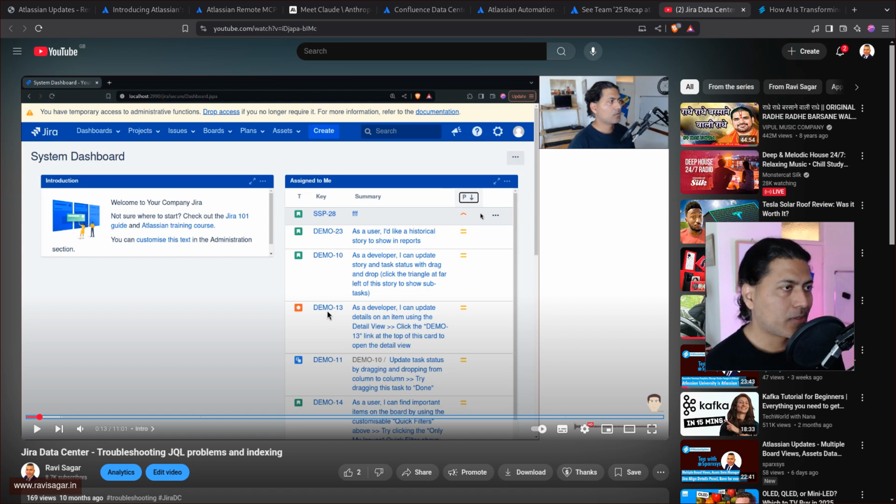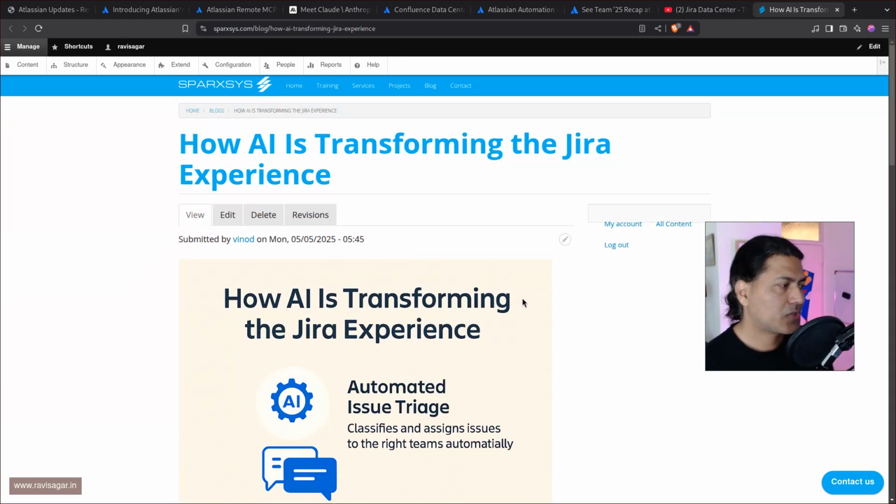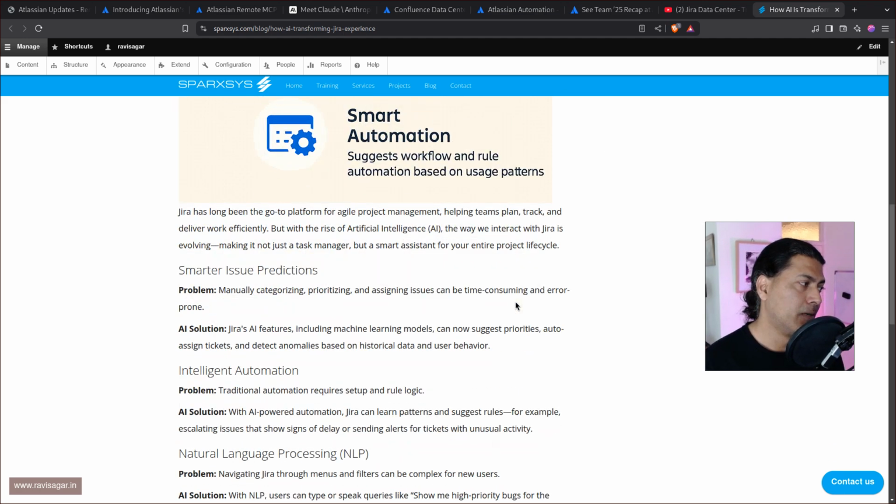And the last thing that I want to talk about is the blog of the week. We recently wrote and published this blog, how AI is transforming the Jira experience, and we have shared a few common use cases, and we talked about how AI can help. For example, smarter issue predictions. And the problem here is that